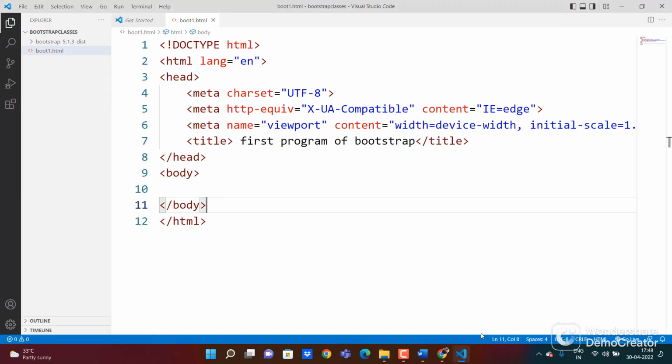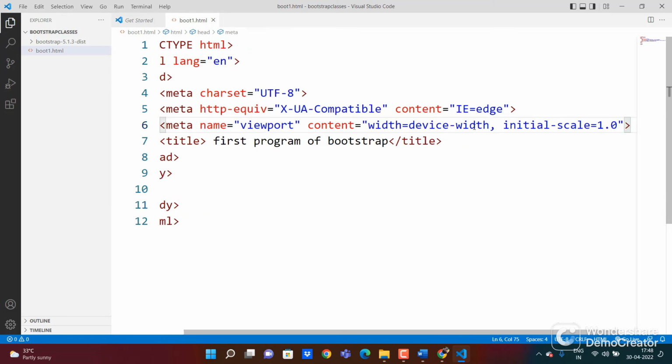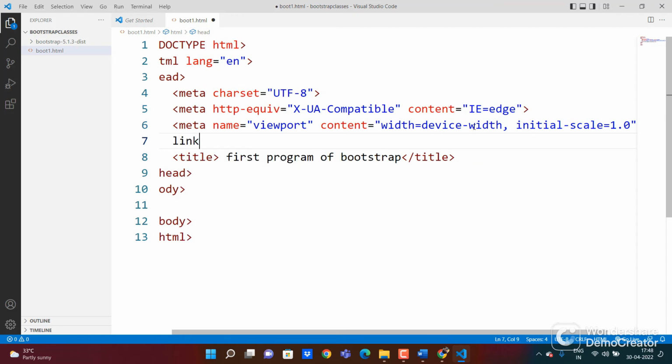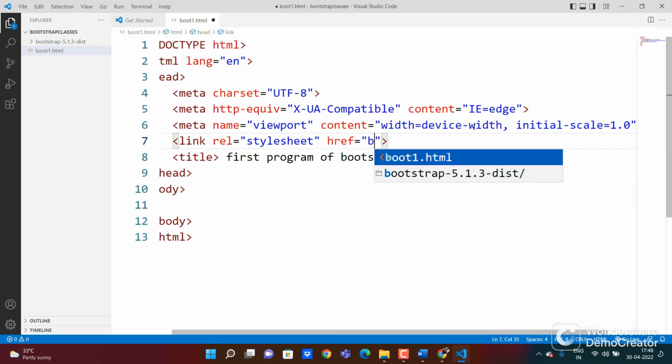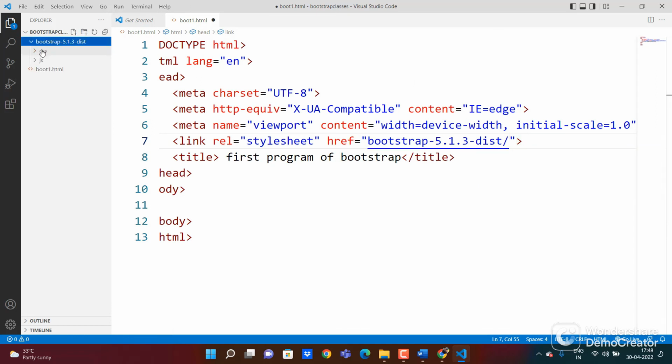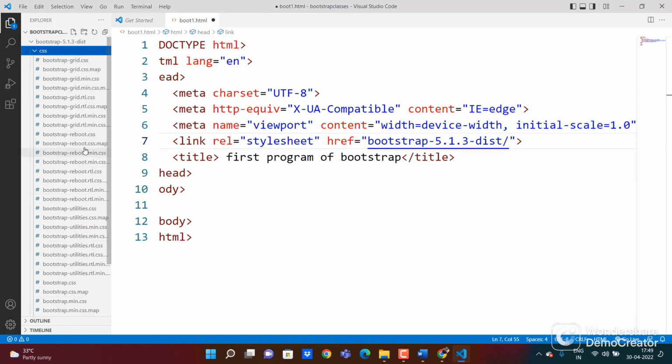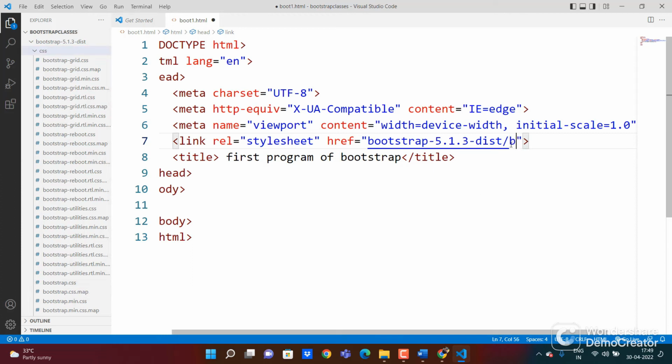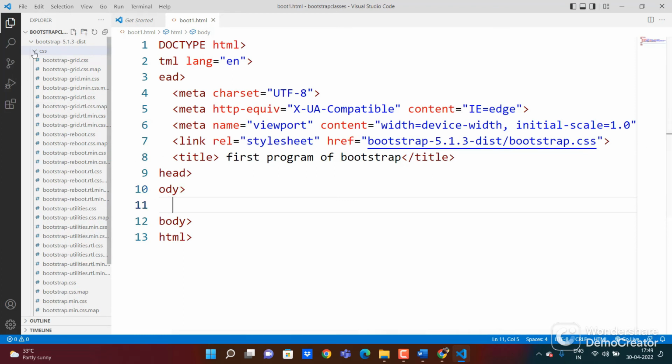Now go to your program, and before this title, write a link tag, and here you write down the bootstrap. Here, see, in this you will have CSS. In this you will have all the dependencies. So this you can use, the bootstrap.css. So here you can write bootstrap.css. Anything you can take. Bootstrap.min.css also you can take. This also. Save it, and now in this body I'm going to close this one,